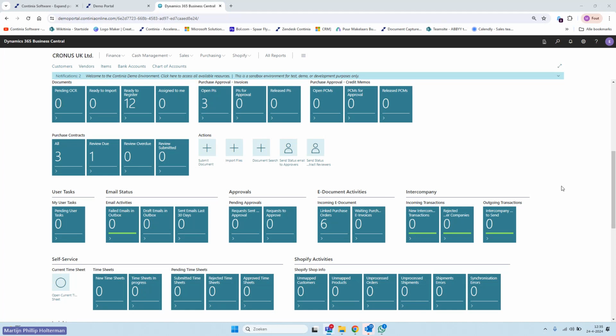So Document Capture will be fully integrated into your Business Central. That means that you do not have to open up a separate application in the morning. Our software will be right in your trusted environment. And as the accounts payable team, you'll have a role center over here,